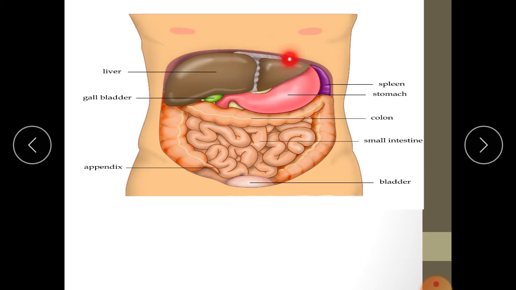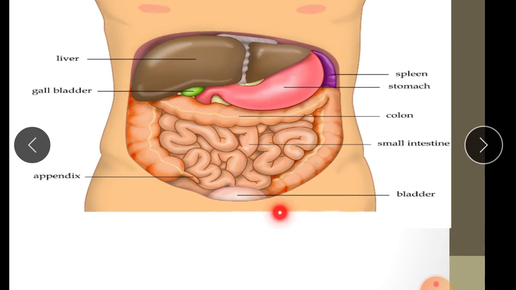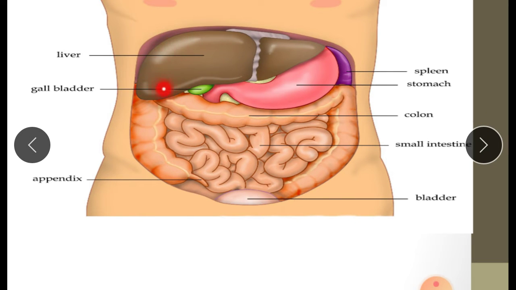So this is the diaphragm. This diaphragm separates the thoracic cavity from the abdominal cavity. So this is the stomach. Right to the stomach, liver is present, just below the diaphragm. This is the liver, dark brown in color. This is the largest gland in our body, and it is an exocrine gland, not an endocrine gland.